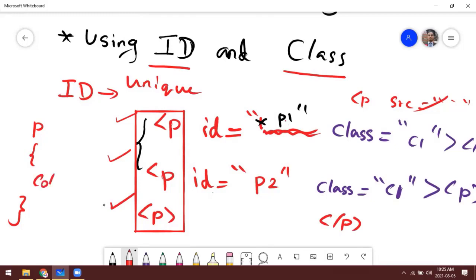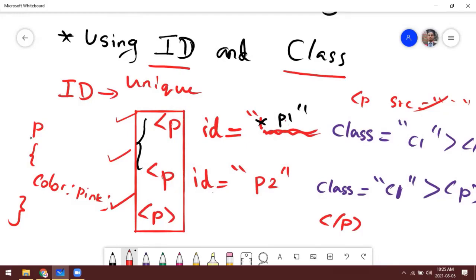So color pink. For all these three paragraph tags, the color pink will be applied. So all the paragraph tags will be in pink color, right? That's what happens if we refer to the paragraph tag.